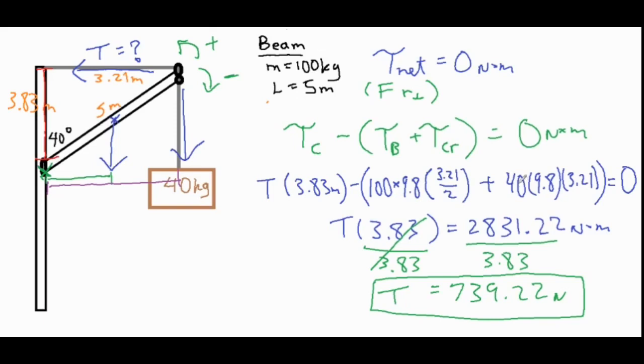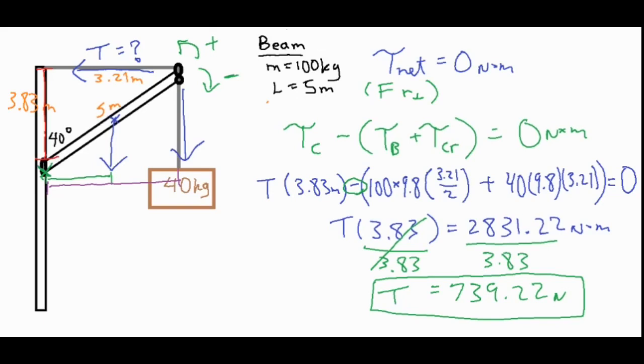And for our final one, the torque from the crate, that's going to be 40 times 9.8, so basically the mg for the crate, which is the full 3.21 distance away, this purple line from the pivot point over. If you multiply all these things and add them up, there is a total torque of 2,831.22 Newton meters, which is subtracted from this side. So I added it to the other side and then divided both sides by 3.83 meters, and I got a final tension of